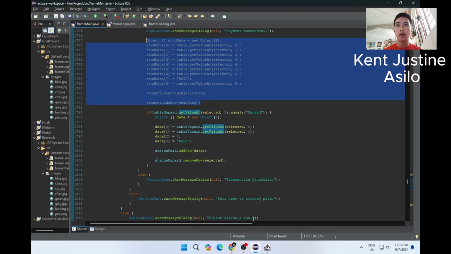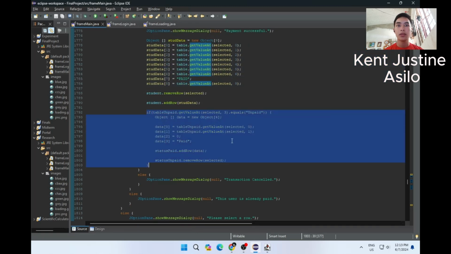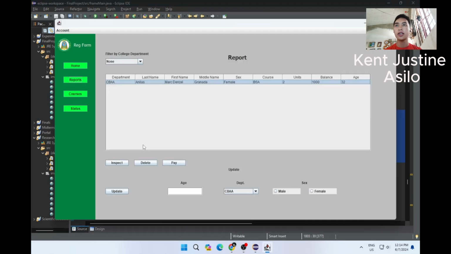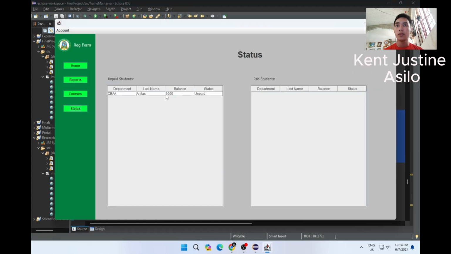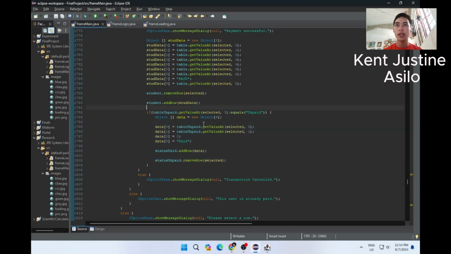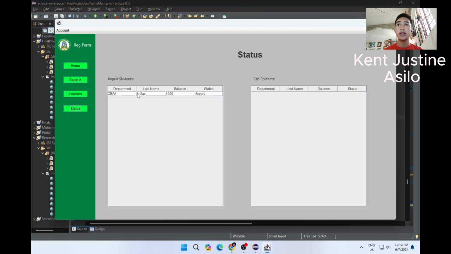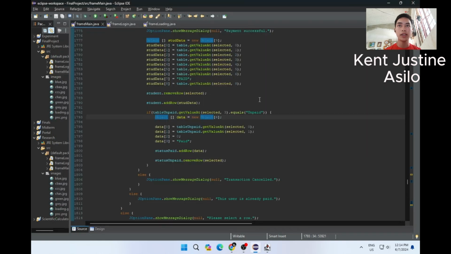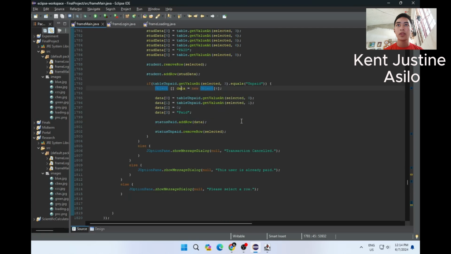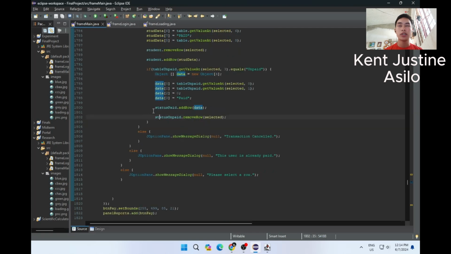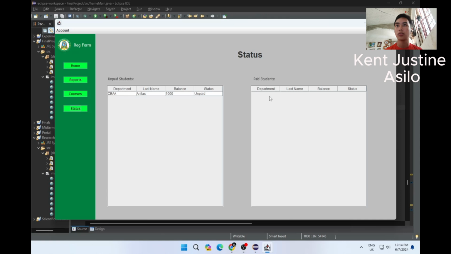And also after that, if the payment is successful, in the status option, this object array will get these details, this department, last name, balance, and status, store it in the variable called data, and would move it to the row that is status paid, and would transfer it here in the paid students.